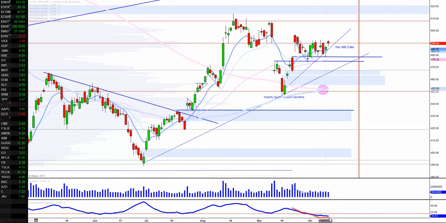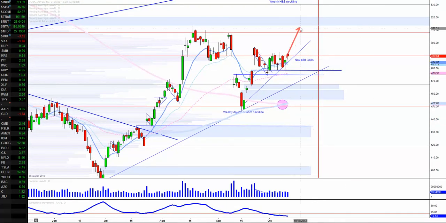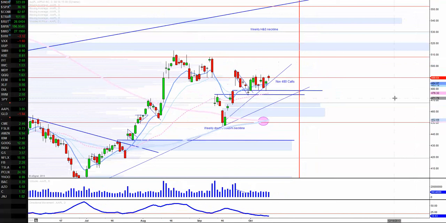ADX is very, very well reset now, completely reset. This thing is ready to move. So I think if we do move to the upside, there might be a big move that we can expect, and it might not be a huge pop, but even a grind higher action. I welcome that kind of move. And so there you have it, Apple and ADX. Have a good night.